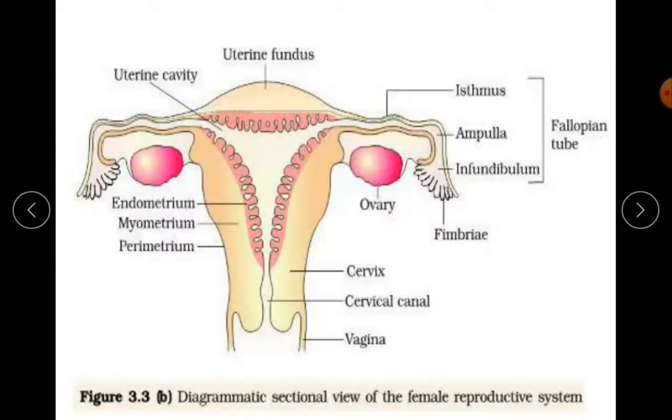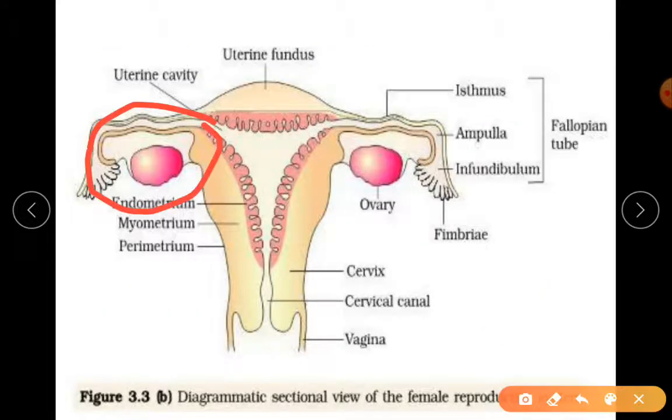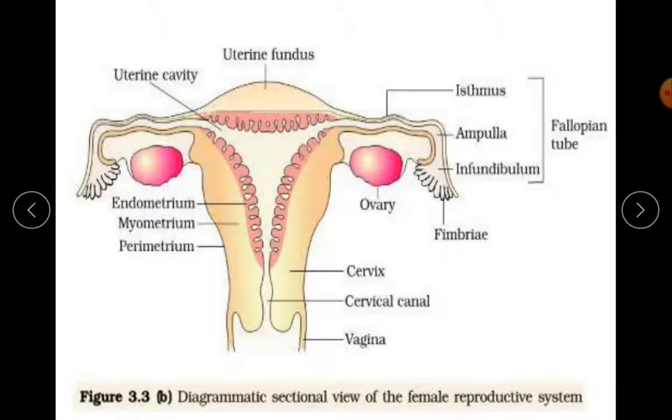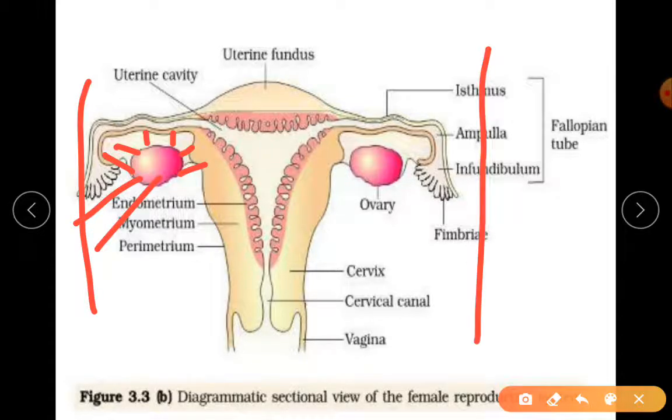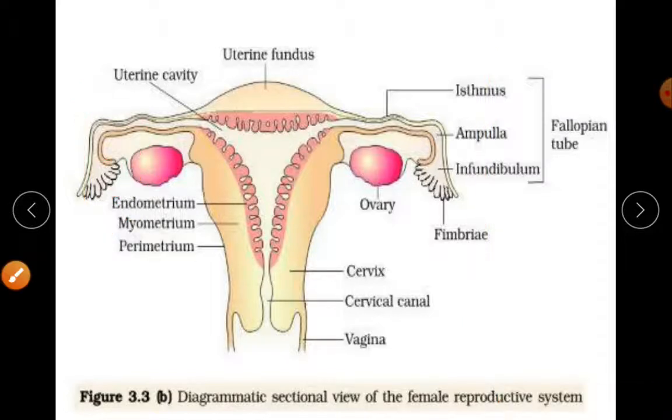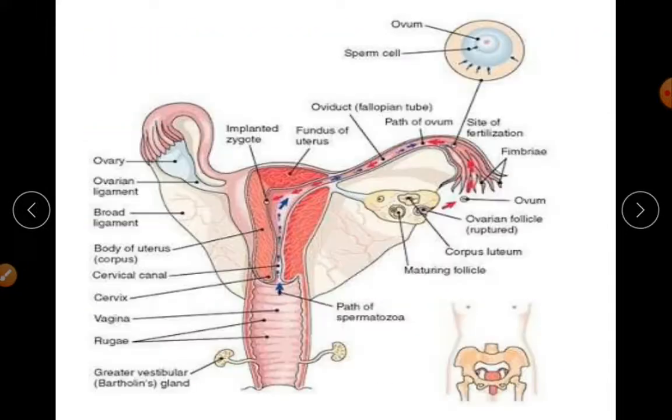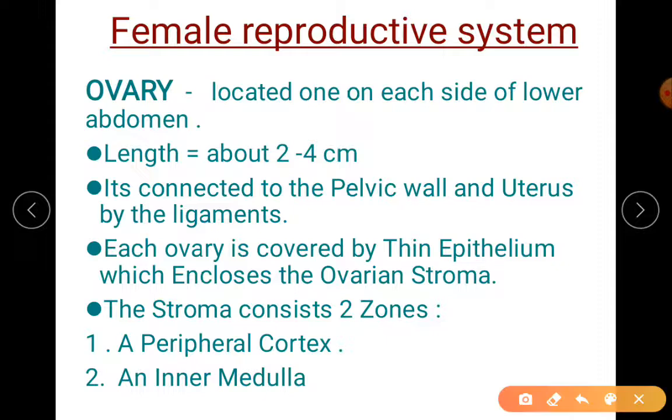Let me just show you the picture here. Observe the background here. You can see some kind of picture that way. So that means there are certain ligaments attaching to the uterine wall, as well as to the, imagine this is the pelvic region, abdominal cavity. So we are saying it is attached to the inner pelvic wall as well as the uterus. So that is what this sentence means: to the pelvic wall and the uterus with the help of ligaments.